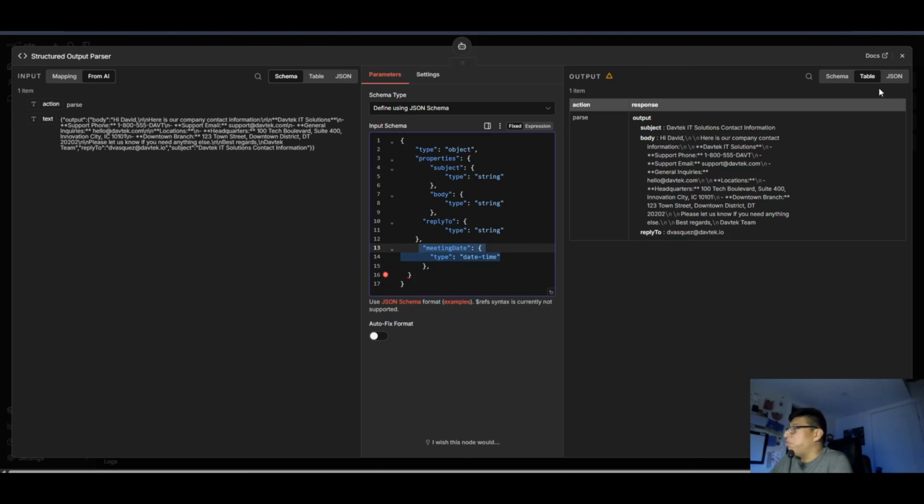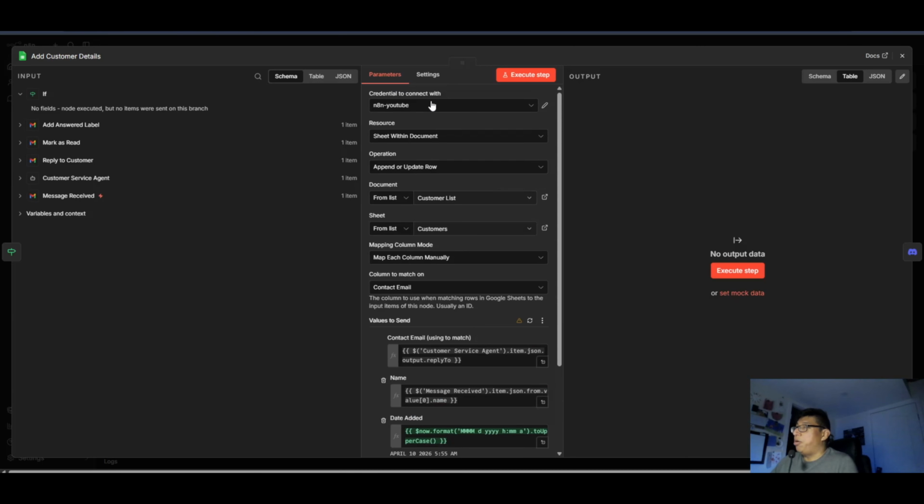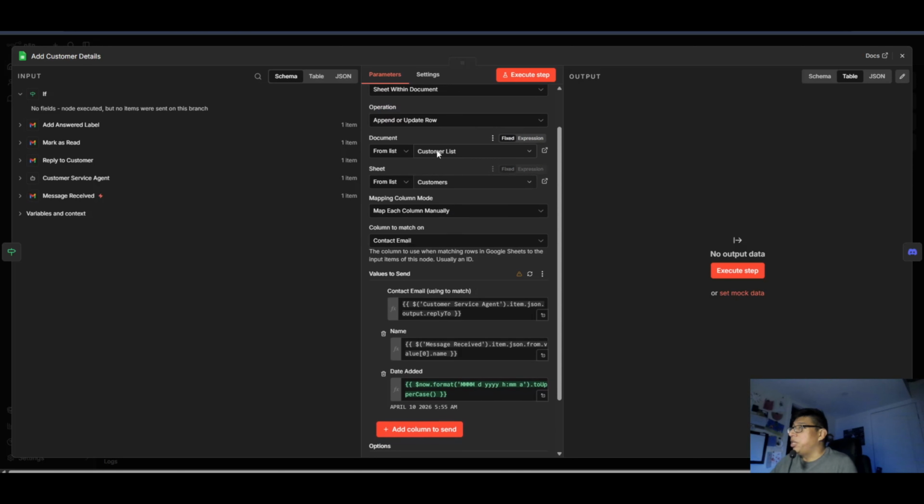and then it adds the customer details into this worksheet. Now, make sure you have your credentials here. All this stuff can stay the same, but just make sure that your document and your sheet line up. So document is customer list, sheet is customers.